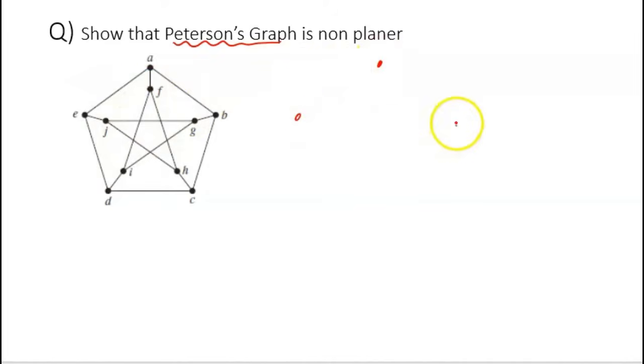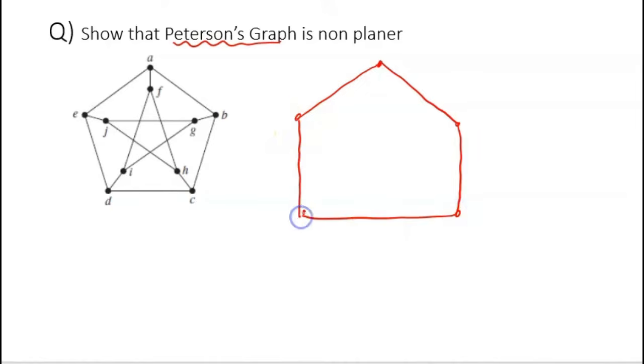So point number 1, you draw the 5 vertices, right? And then you join these 5 vertices, like you create a cycle or C5 structure. So this is your C5 structure. 1, 2, 3, 4, 5, and name them A, B, C, D, E, and then 5 more vertices you place near to each of them. So 1, 2, 3, 4, 5, and you join these edges like this,